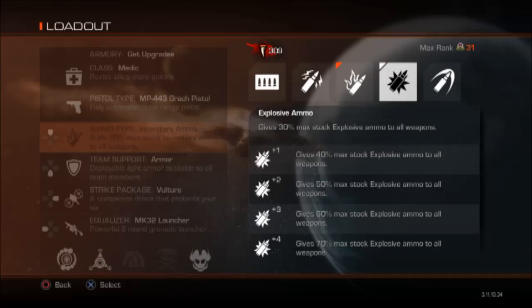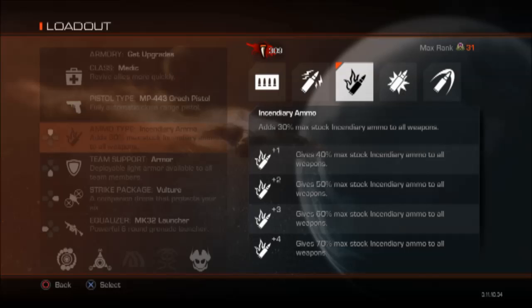You keep your accuracy up because it's hard to miss with explosive ammo. Even if your shot is kind of off, your accuracy is pretty high, if you were to shoot. If you don't shoot, then more power to you. Incendiary ammo, like I said before, is good for solo runs because,